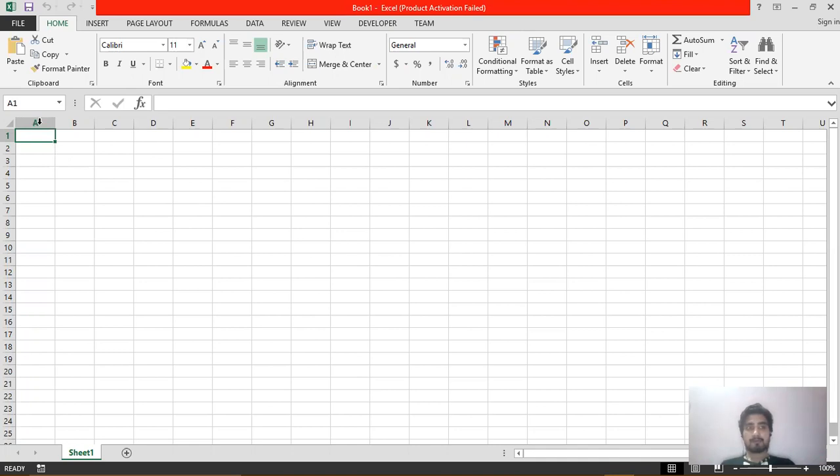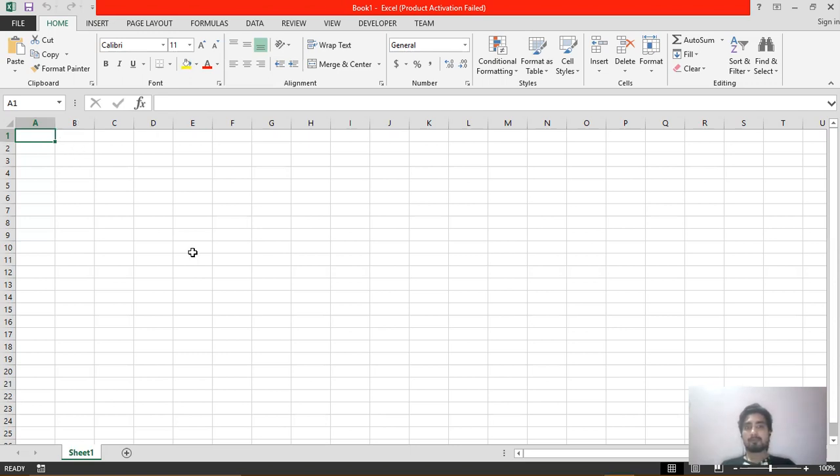Now, in this, we all know that the alphabets at the top are known as the column headings, and each alphabet represents a single column. The numbers on the left side are the row numbers, and with these numbers we identify the row. Together, column heading and row number create the cell name, and the cell name always starts with the alphabet. That means it will always start with the column heading, not with the row number.